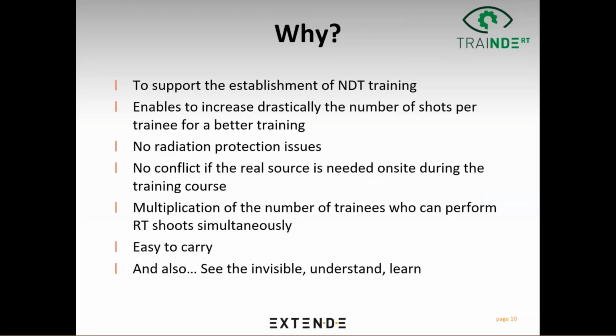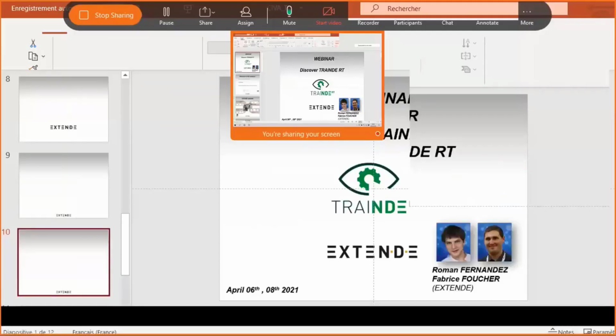So Trendy RT is a very innovative simulator, allowing you to train on radiographic control, again, X-ray and gamma ray, in a new light through virtual reality. And so we have a set of exercises I will show you, representative of RT training sessions, allowing for a significant increase in the number of shots per trainee and avoiding the risk of irradiation and offering new educational tools. So if I just exit the presentation and then show you Trendy,